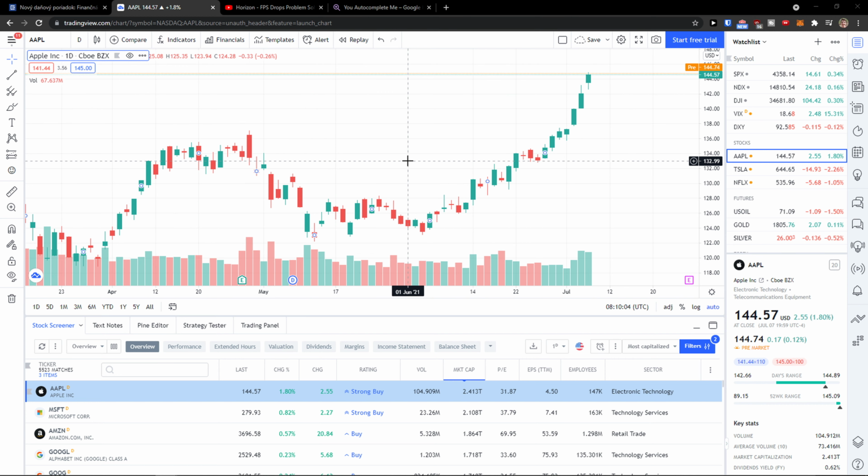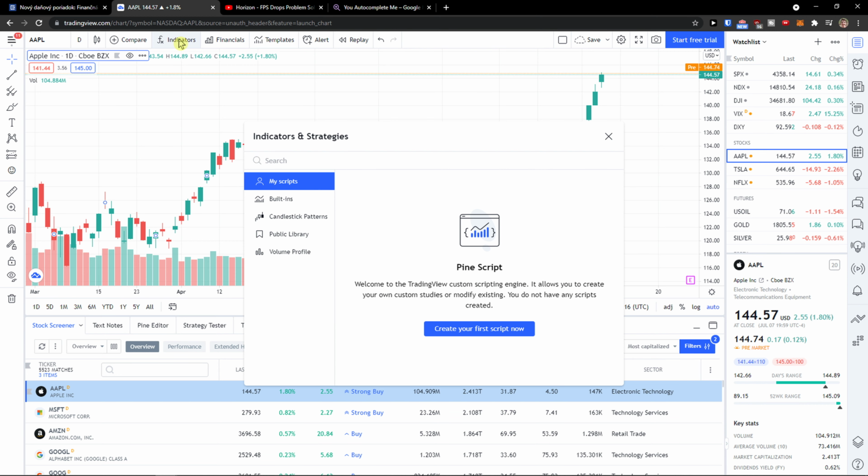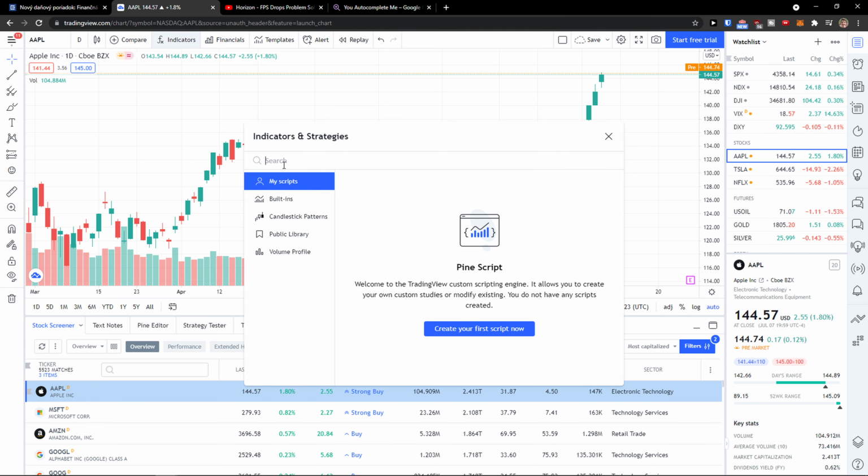So when you come here and you are in TradingView, the first thing you want to do is just be in charts. Then what you want to click on are indicators. So you're gonna click on indicators. Then when you are in indicators, you just wanna simply click